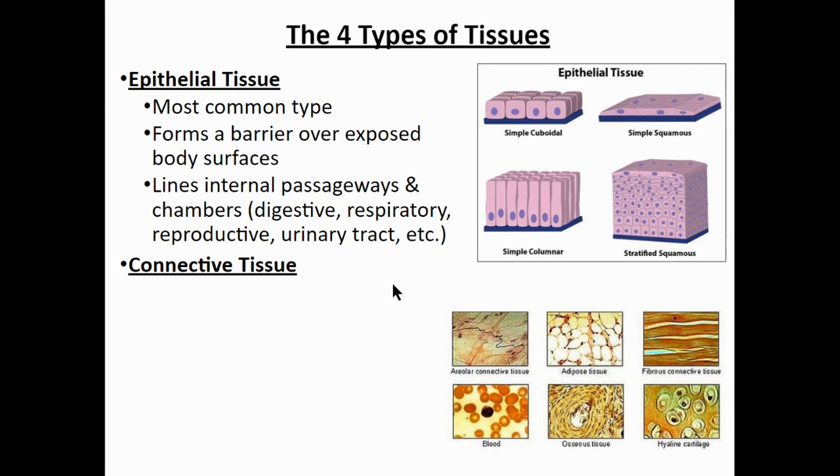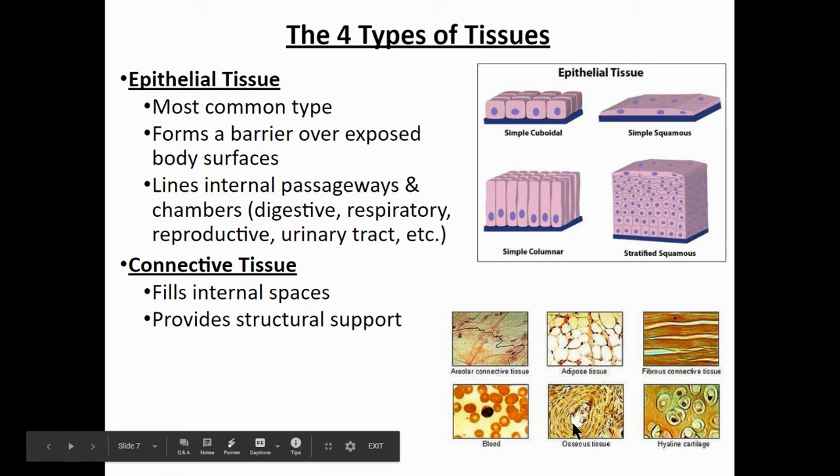There's lots of types of connective tissues, and sometimes they don't feel like they all have a common thread, but they do. But they have a lot of functions actually, and they fill internal spaces. So our internal spaces are filled. We have bone. So osseous tissue right here is bone. So this is a cross section of a piece of bone right there. So bone is a connective tissue, and then we have